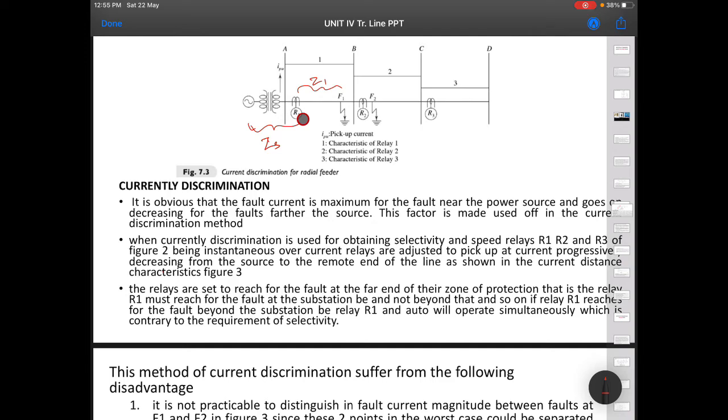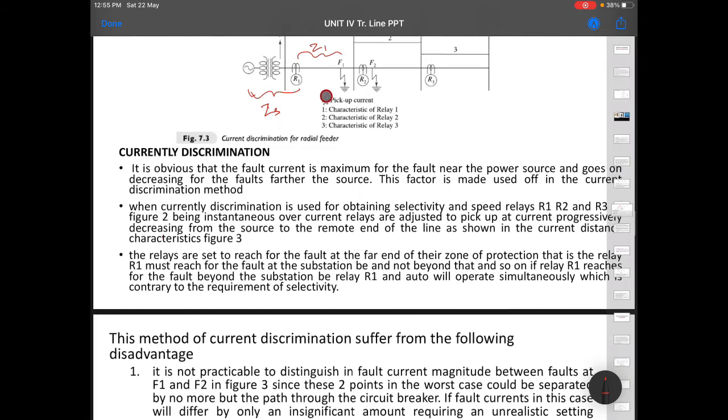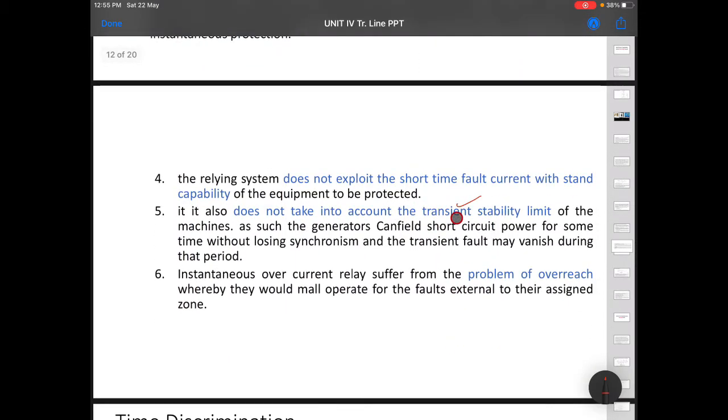You have not done any time setting for that, so you don't have any waiting time here. It just trips even for transient instability or during transient conditions. So the stability limit is very low.